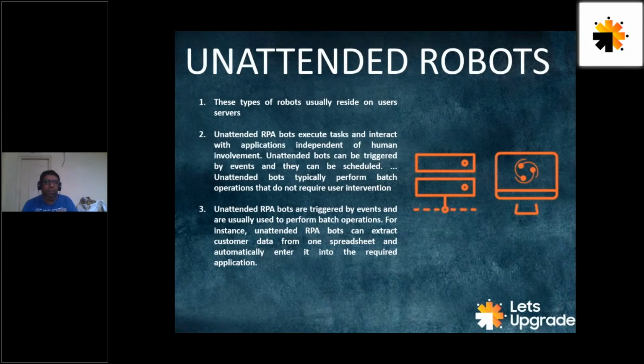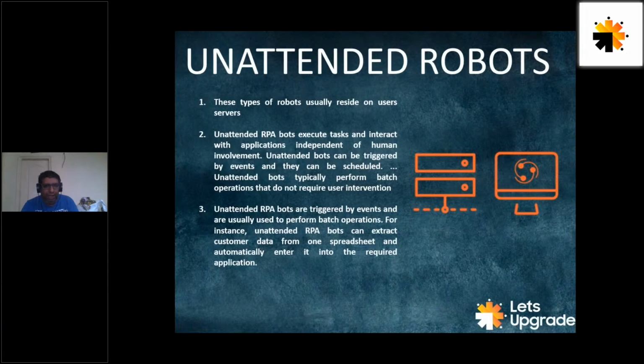So a schedule can be, for example, my unattended robot that processes invoices gets triggered every day at 9 a.m. and works till 6 or 7 p.m. in the evening. During this time, the robot will monitor all the incoming emails to a predetermined email ID with the subject line invoice for processing. Whenever the robot detects an email in the inbox with the subject line invoice for processing, it will see if there's a PDF attachment with it. If there's an attachment, it will download that attachment,